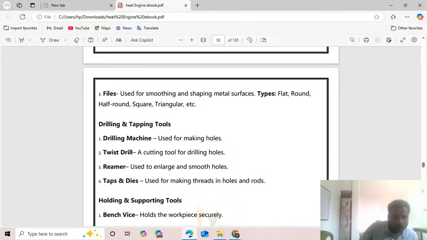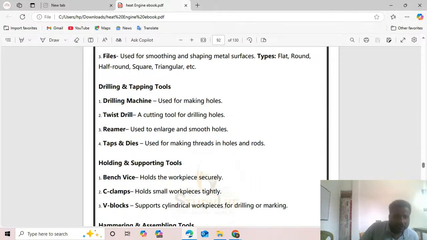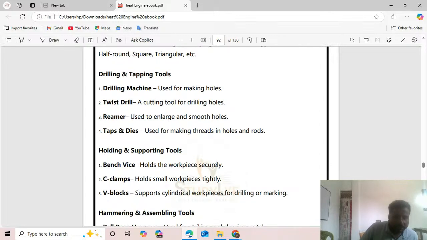Holding and supporting tools: the bench vice holds the workpiece securely. C clamps hold a small workpiece tightly. V blocks support the cylindrical workpiece so that